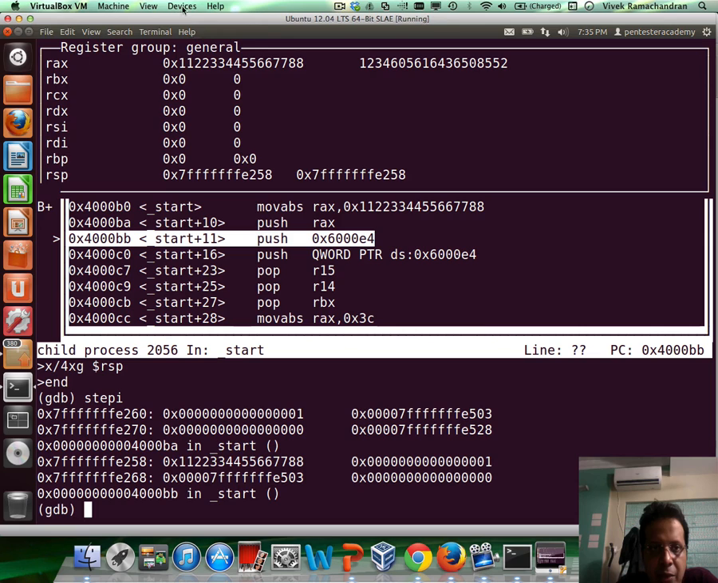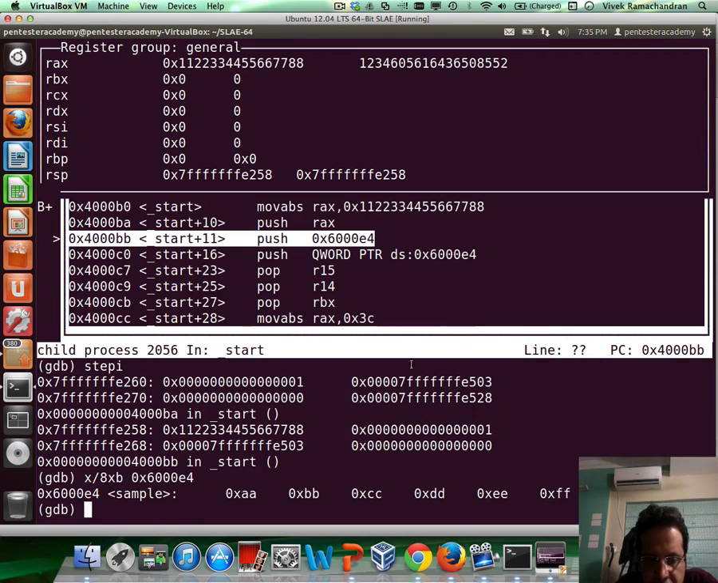And if you notice, the value in RAX was pushed to the top of the stack, and as you can clearly see, now we are much lower in memory as data has been pushed on the stack. Now the next instruction pushes the address of the data which we had entered as sample. You can view that by saying x/8xb, and then we can put in the value 0x6e4,